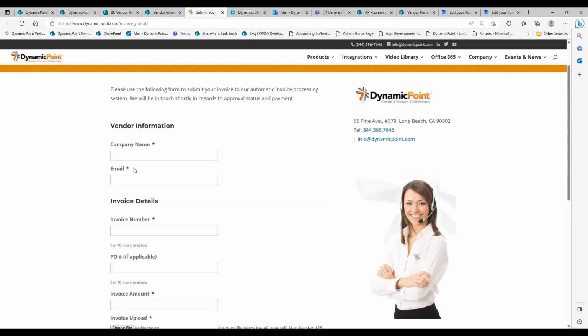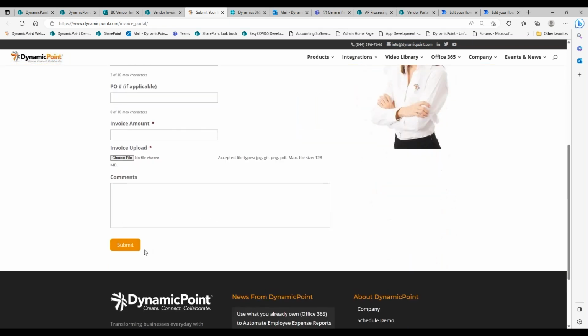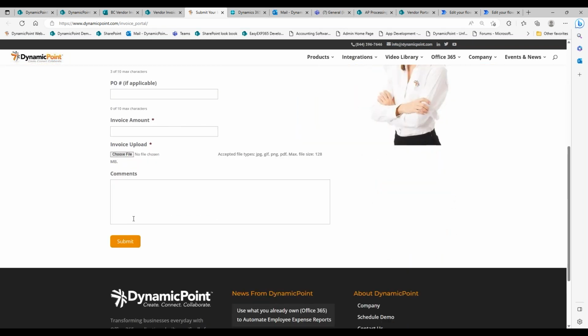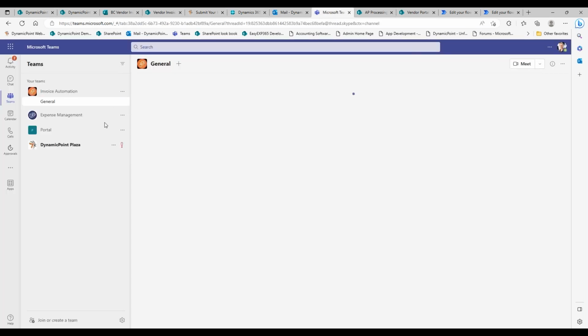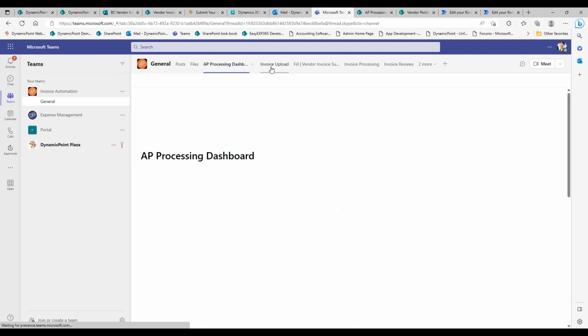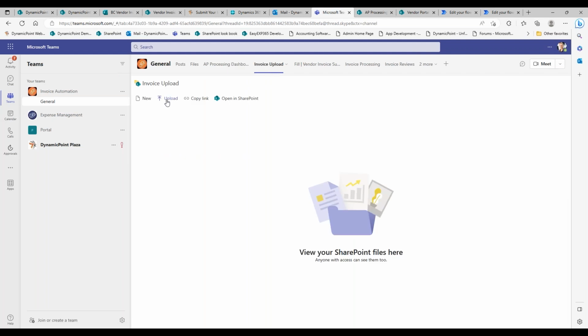So this is the same idea as a check request, but maybe a little bit more vendor friendly, and they could go through and populate all these details and specify their PO and upload their file and then submit it directly from here. It will also go in that library, right? Again, just different ways to capture it. Maybe my organization is more team centric and I want to upload that invoice from Teams, right? Same idea, same library. Teams has integration with SharePoint. So if I go in here and pick this, go ahead and pick that invoice,